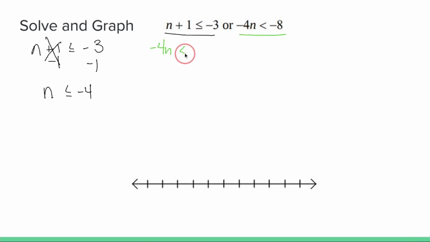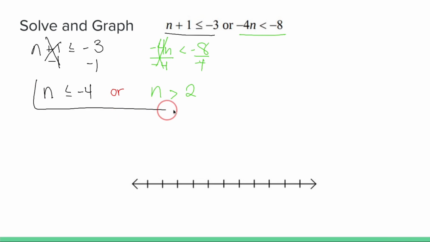-4n is less than -8. We have to divide by a negative. And whenever you divide or multiply an inequality by a negative, you have to flip the sign. So our final word answer for this is n is less than or equal to -4 or n is greater than 2. Now, whenever you have an or statement that's an inequality, you graph both inequalities on the same